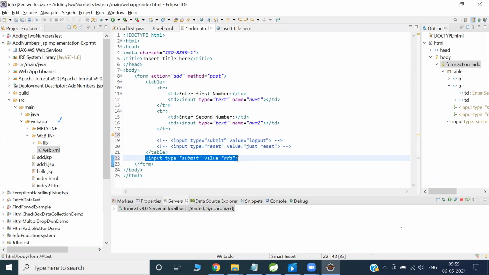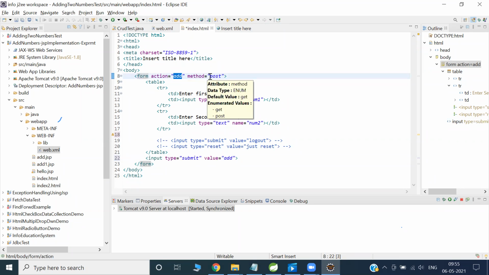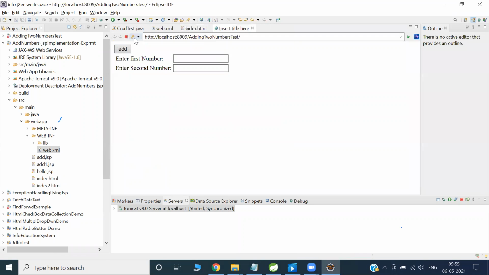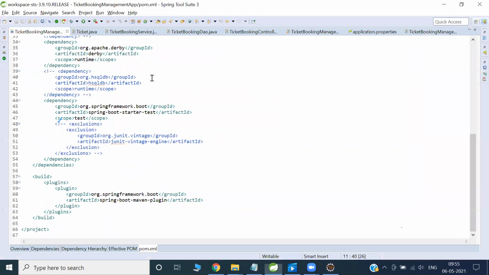In the form action, we are thinking in mind that it is going to be a servlet, definitely. Whatever servlet class name it would be, no problem, but the method should be post, it is expecting. So now quickly come here and just refresh. Now the add button is below.